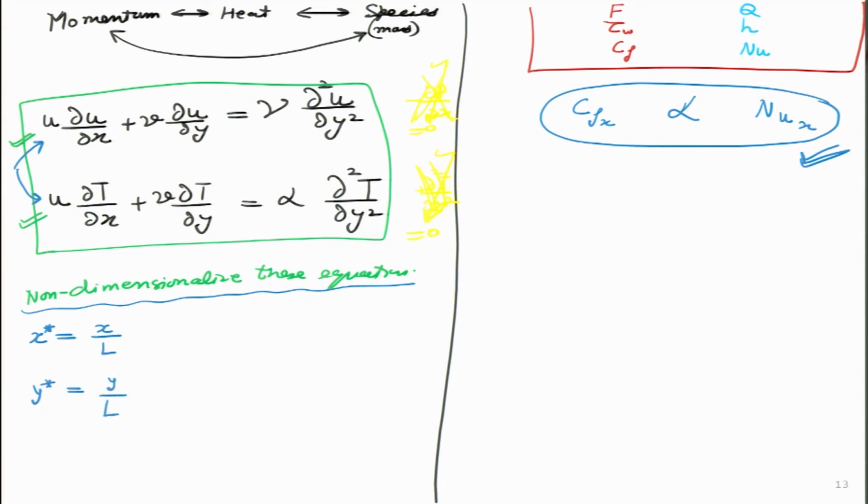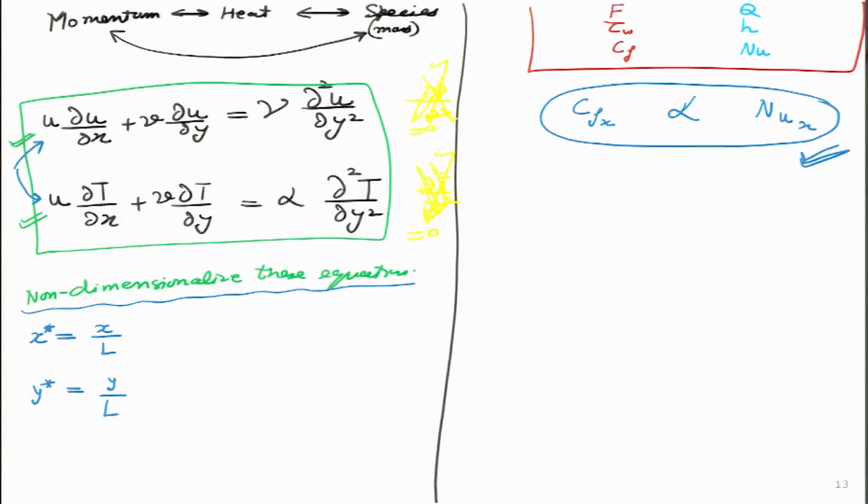So, both the coordinates x and y, I have now converted into non-dimensionalized coordinates simply by dividing by the characteristic length. Which means if the plate is, let us say, 8 meters long, and I am standing at the 4 meter point, then instead of saying that x equals 4 meters, now I will say x is 0.5, because 4 divided by 8 will give me 0.5. That is what I want to do.